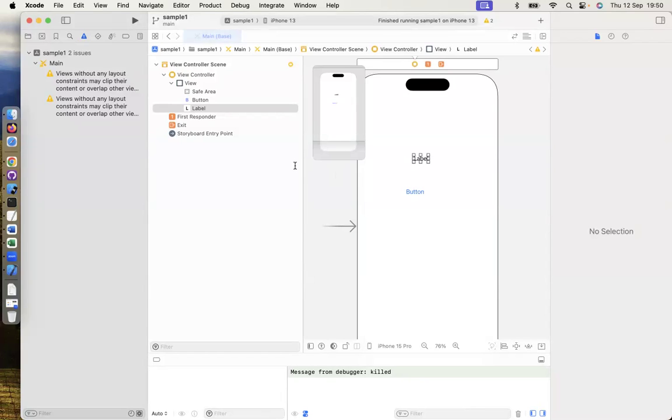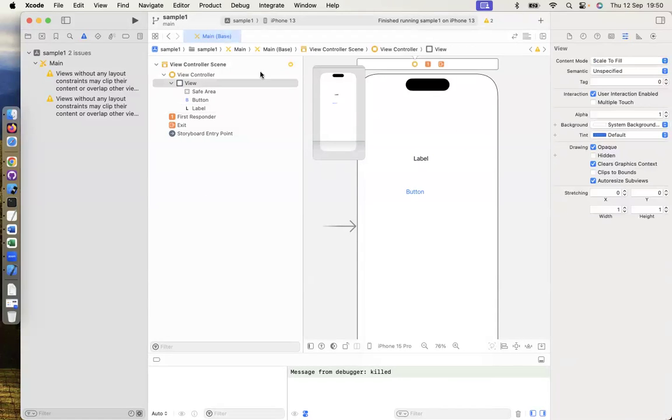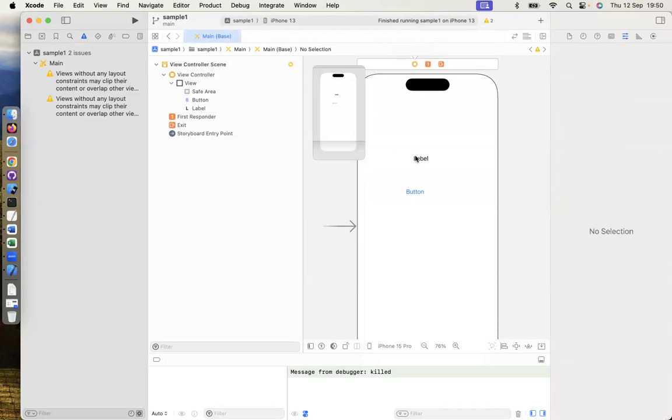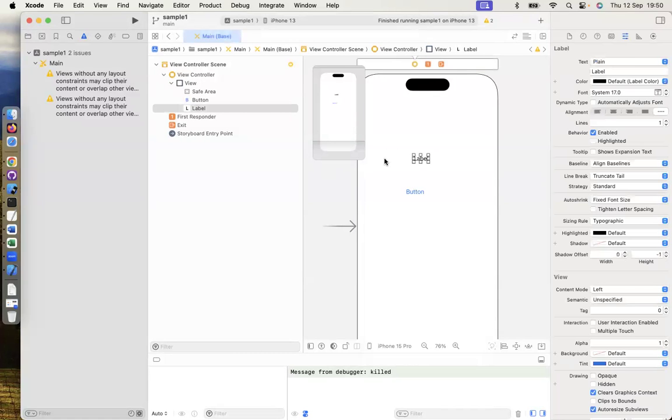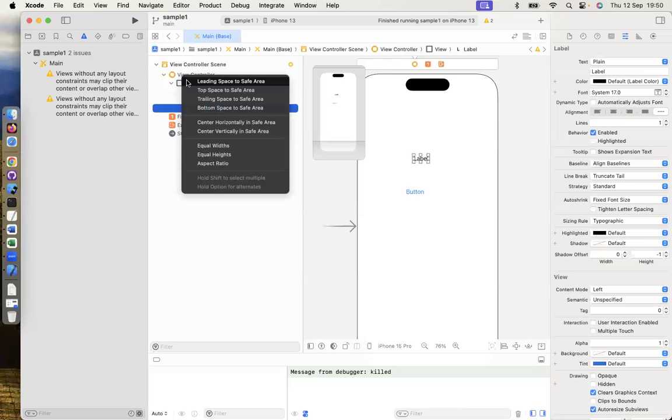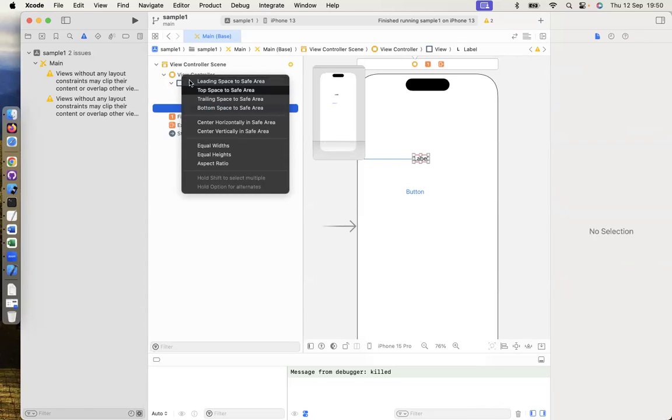Some of the people are asking about constraints. Constraints is not a big deal. For example, we can easily implement how we want things to look. Based on that, constraints can be done programmatically and through storyboards. So these are nothing but constraints.